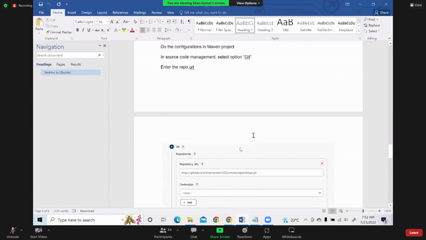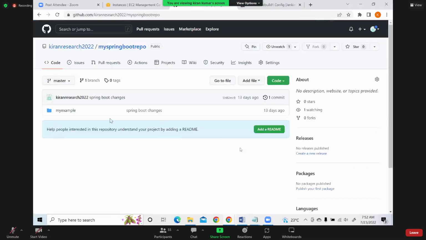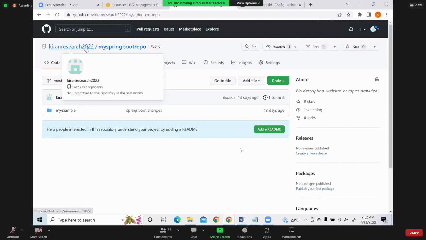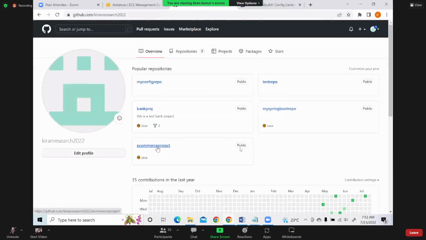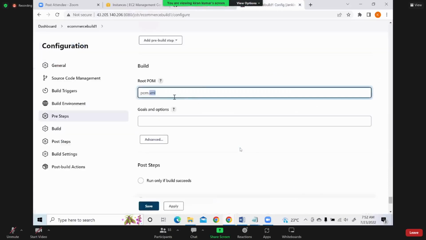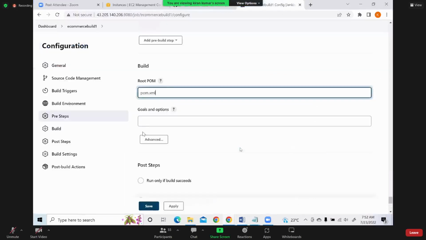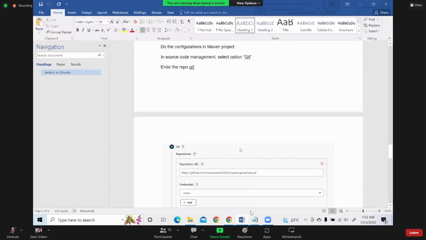Here I have given my Spring Boot repo in this example. This is an e-commerce project. The pom.xml is here. So this is the root pom.xml, right? See, when I open GitHub, the pom.xml is present directly under this repository. Okay. Now,